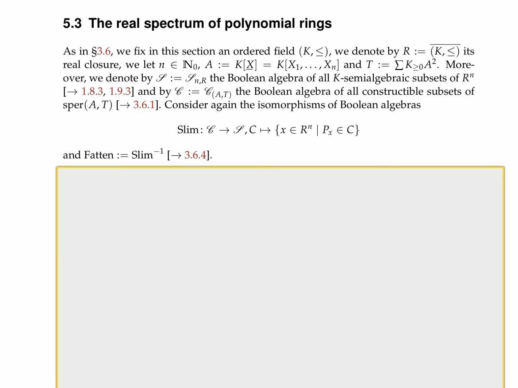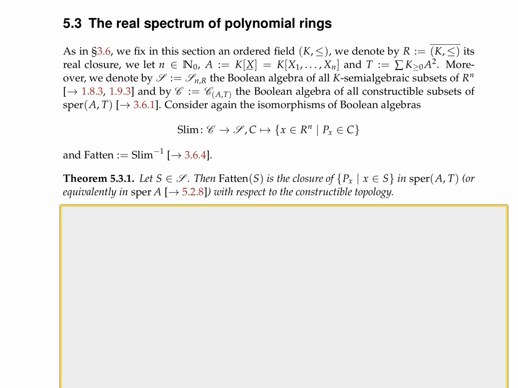And the fattening is just the inverse operation. It's also an isomorphism of Boolean algebras, of course. And now we can interpret the fattening in topological terms. So let S be a k-semi-algebraic subset of R^n. Then the fattening of S is the closure, in the topological sense, of this set of all P_x,